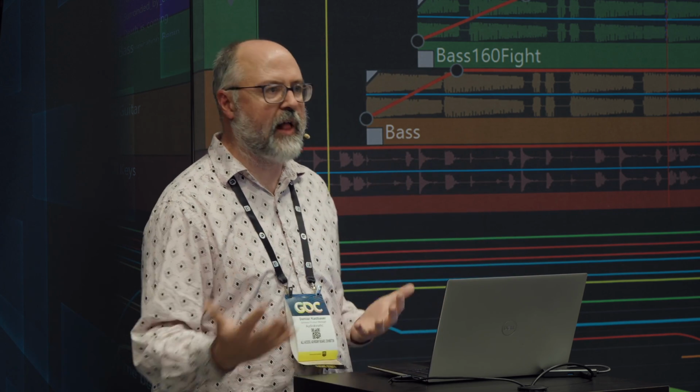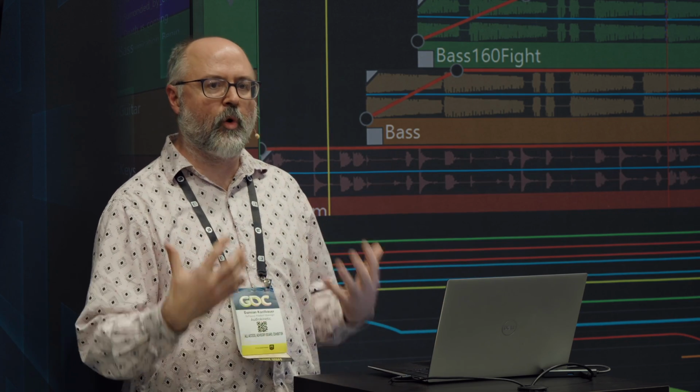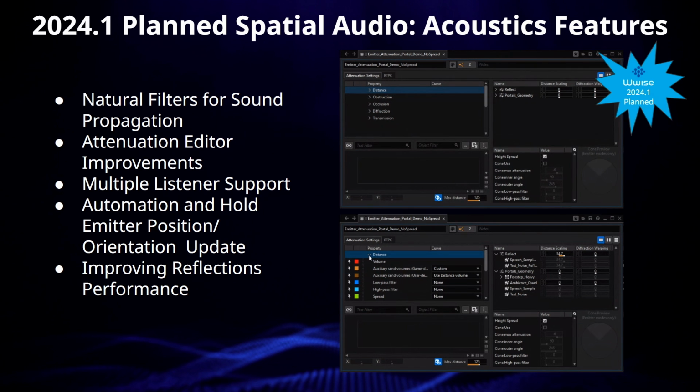Additionally, we've got some improvements to our attenuation editor. If you've been following along in the last releases, we started adding curves and more curves and more curves because people are asking us for more and more control. And we're continuing to evolve that workflow by making those curves more usable, more accessible. We'll also be extending what's available in the attenuation editor by adding access to scaling as part of the distance volume curve.